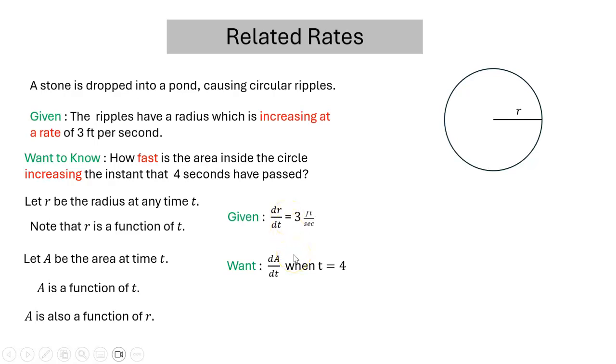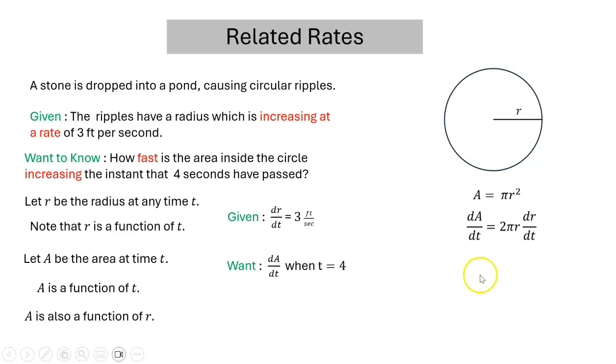How do we proceed? Well, notice I mentioned that A is a function of r. And of course, I think we probably all knew that, right? That the area is pi r squared. But let's look at this equation. Recognize here A on the left is a function of time. And so over here, if r is a function of time, this all can be considered one big function of time on the right. So let's differentiate both sides with respect to time,